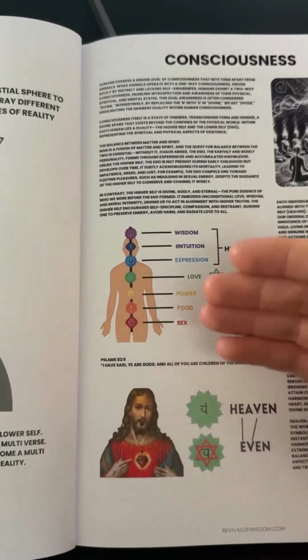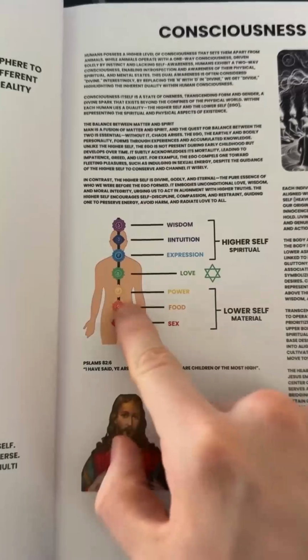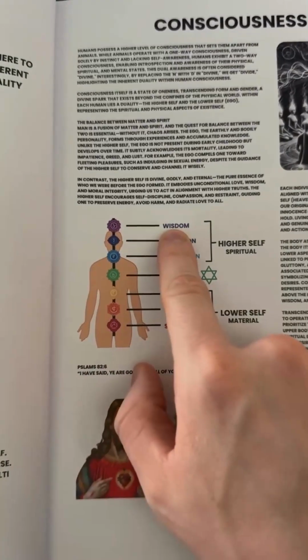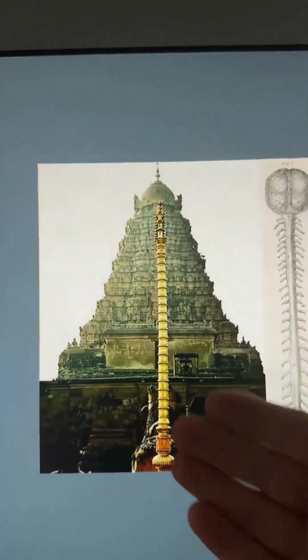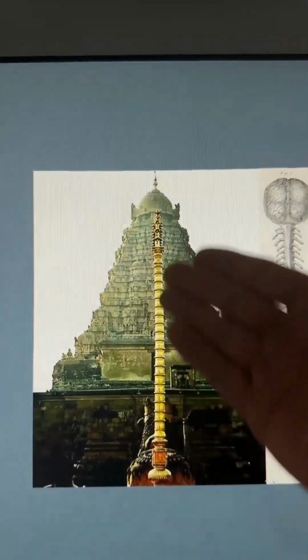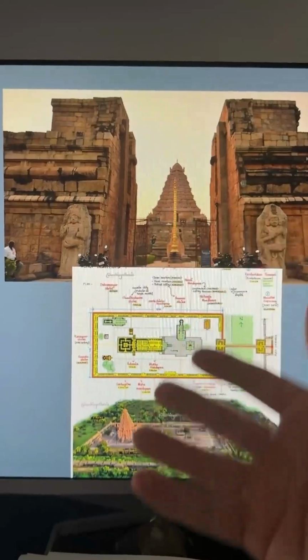Because the advanced creative forces of consciousness are manifested in the upper half of the spinal column: love, expression, intuition, wisdom, and thoughts. This animal is not just randomly there, it's symbolizing going from your animal mind all the way to your higher mind, through discipline, self-mastery, and spiritual teachings. All of this is symbolic of the journey of yourself.